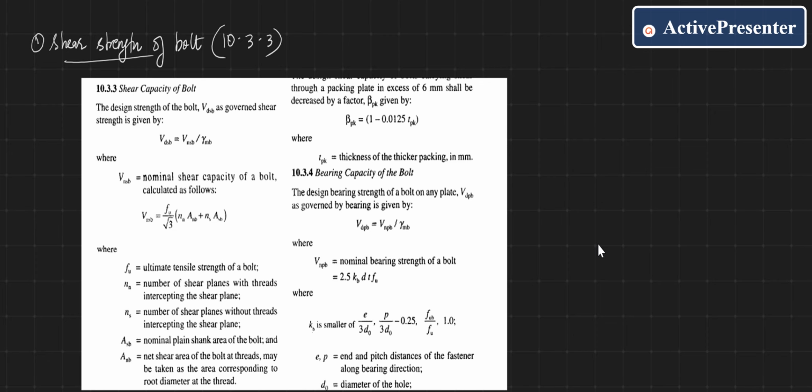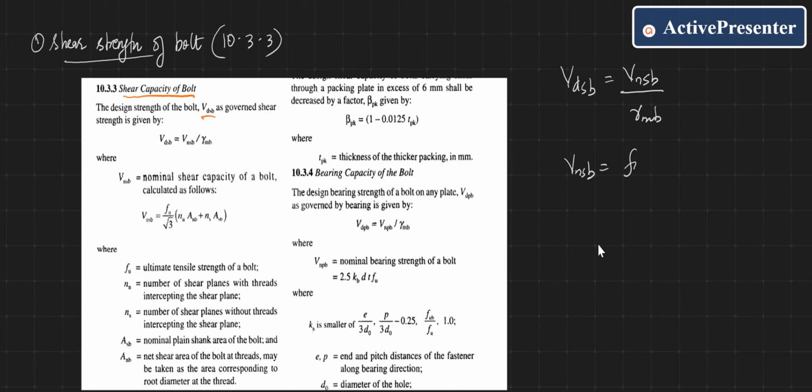You could see here in 10.3.3, page number 75, it is written the shear capacity of the bolt. The design shear strength of the bolt, VDSB, is given by VDSB equal to VNSB divided by gamma MB, where VNSB is the nominal shear capacity of the bolt